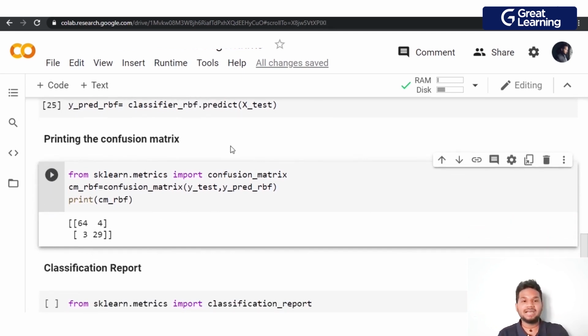So again, I didn't see it in order. There's an order in which the values go. You guys are supposed to tell me the order because we covered it in detail. The values I am concerned with are 64 and 29, that they're high. That's perfect. We have 4 and 3, which the model got incorrect, or it predicted in the wrong way, which